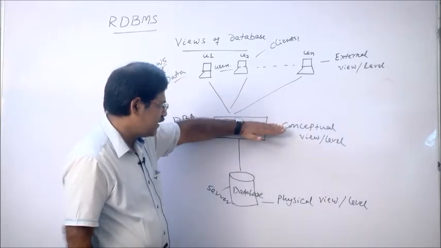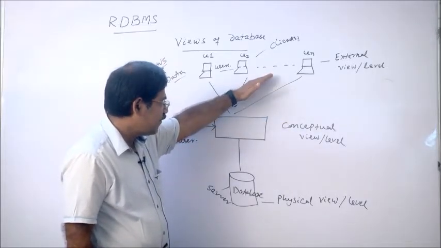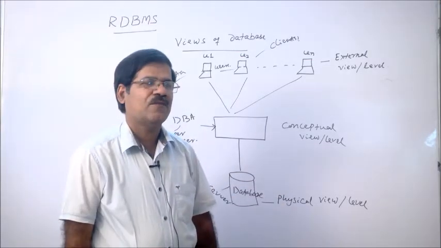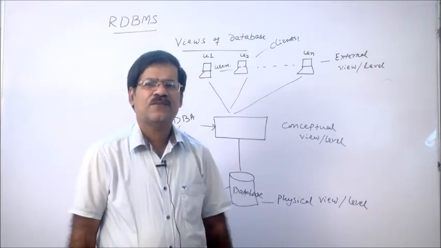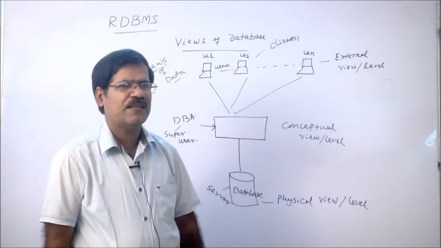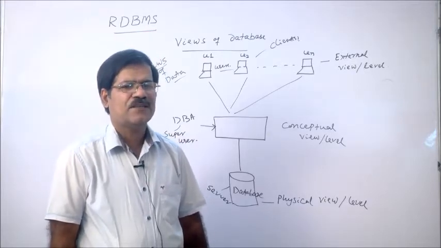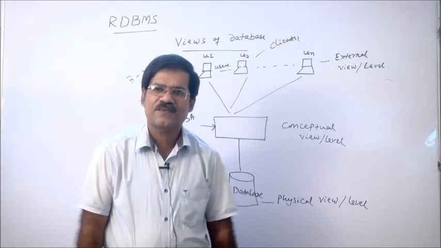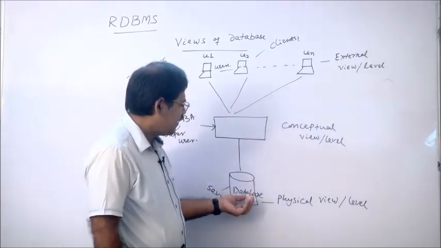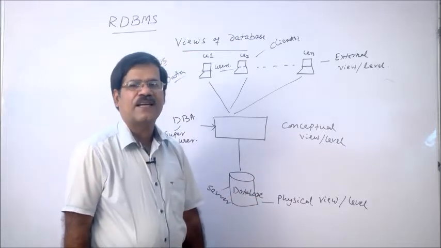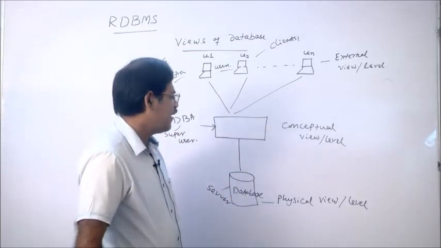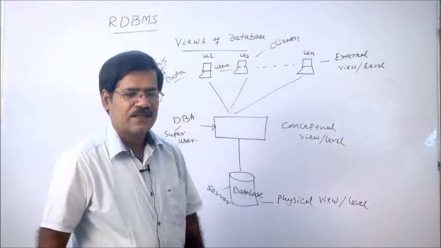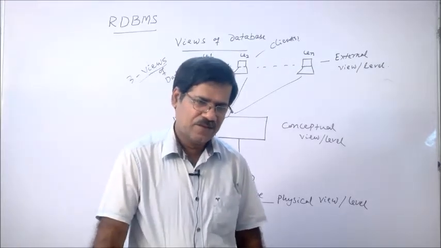If there is no DBA, each and every user will access the database easily and can retrieve, fetch, update, everything. Some important information may be lost, deleted or changed by somebody. So there would be no restriction. In the last class I already discussed that if some data are there in a database, for example exam data, it is very confidential. It is not accessed by each and every user. If all the users access it, he or she can change or modify the exam data.